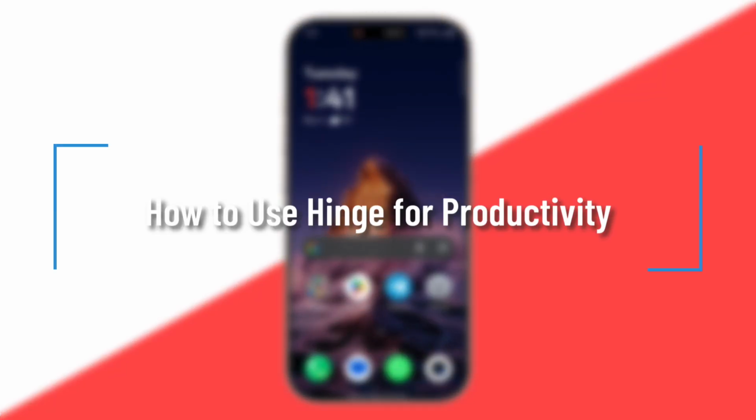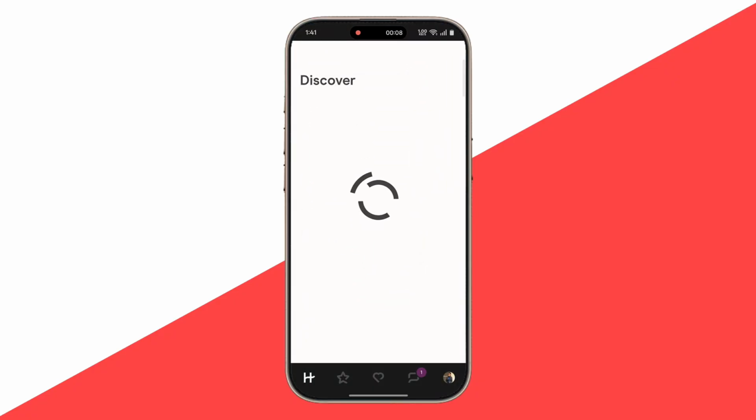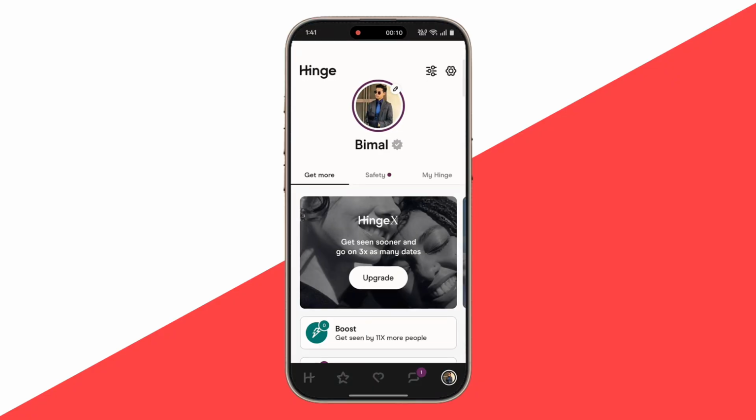How to use Hinge for productivity. If you want to use the Hinge app productively, there are various steps that you can choose to follow. The first is to focus on profile quality, selective engagement, and efficient communication to move on from in-app chats to in-person dates quickly. The goal is to minimize the time spent on the app while maximizing the chance of finding